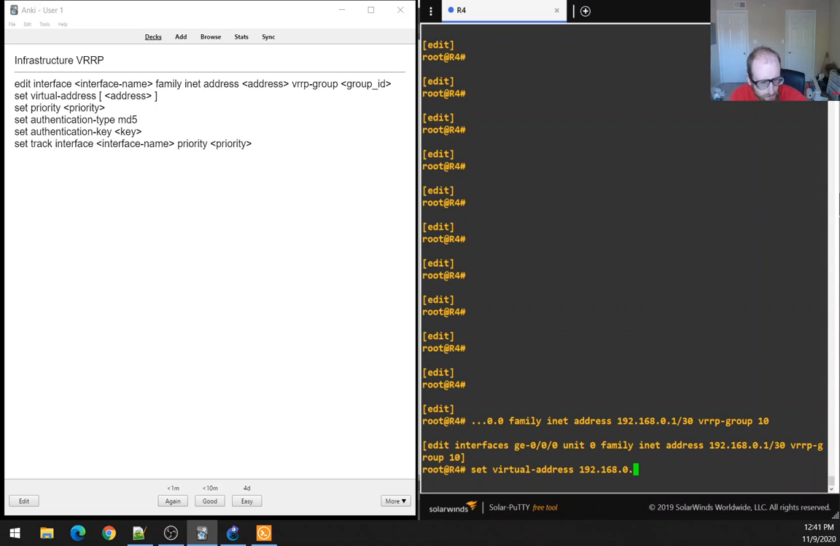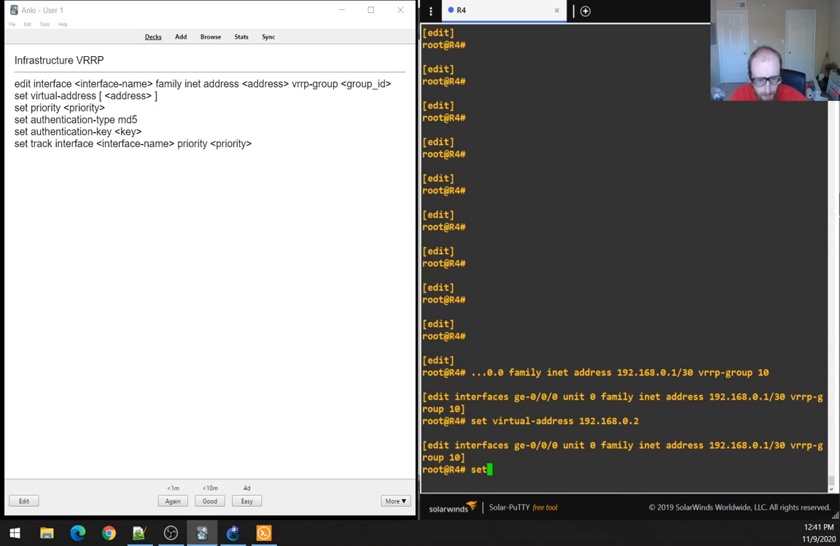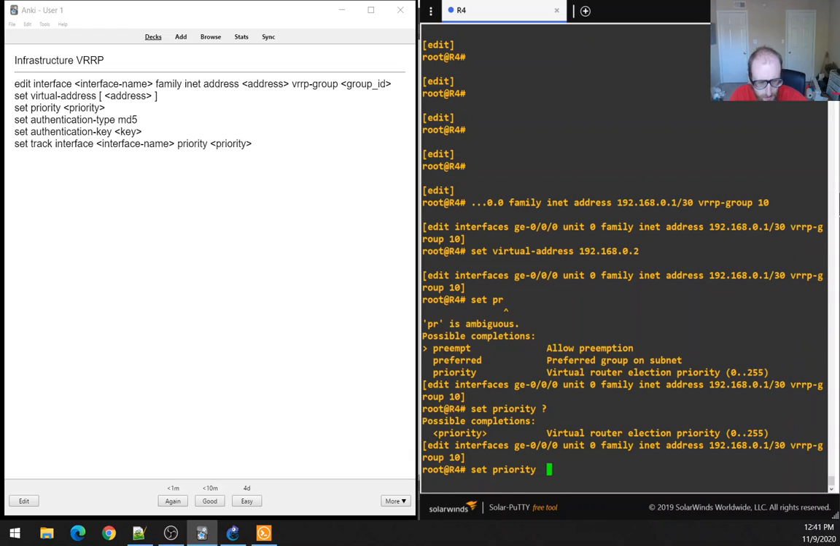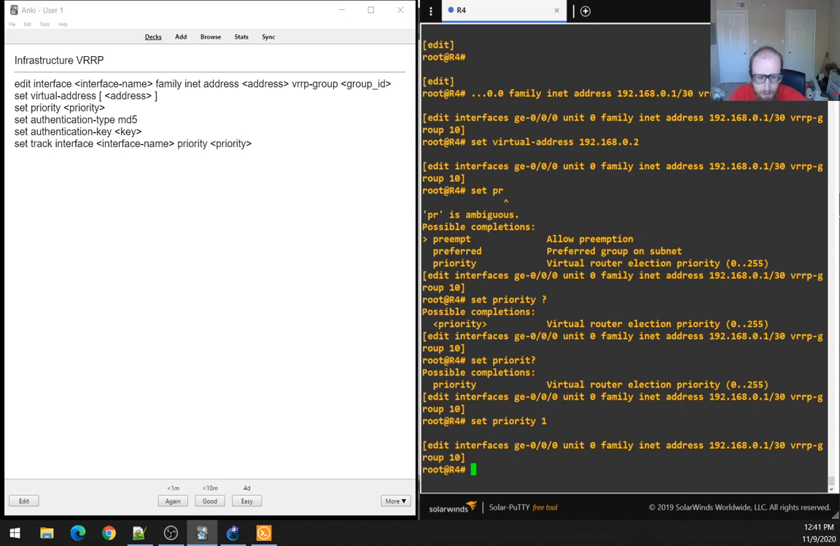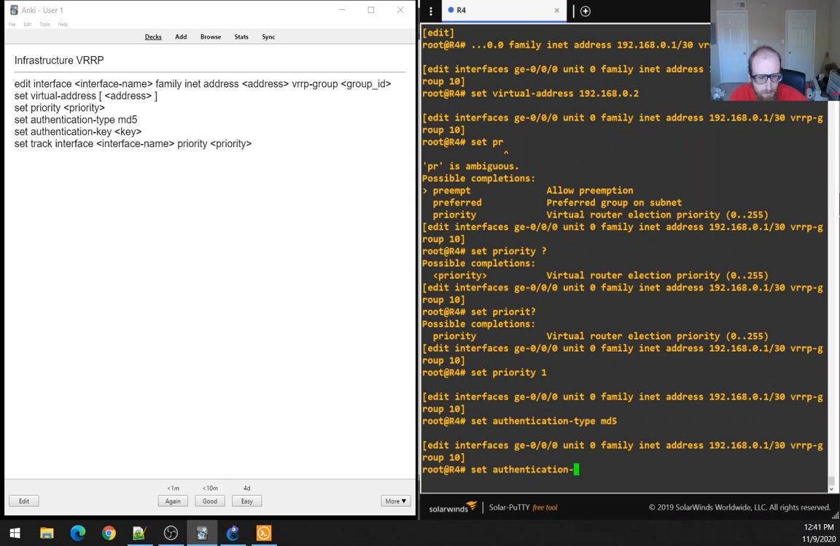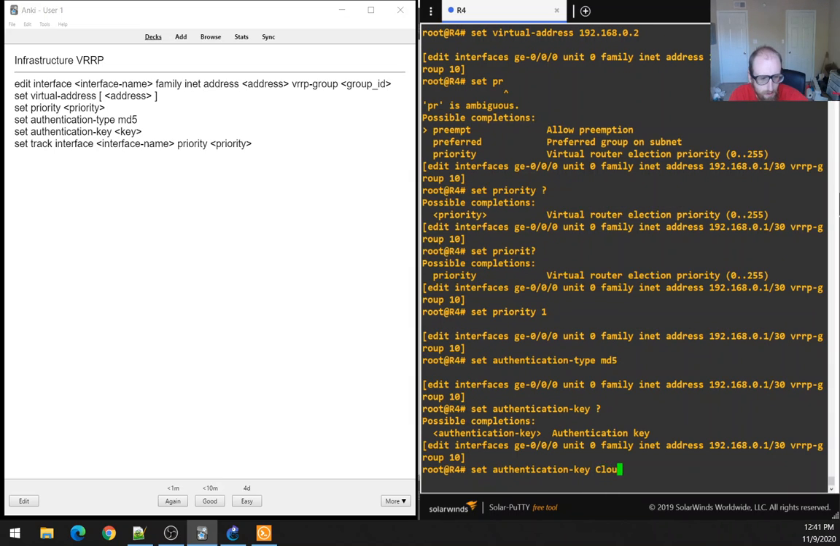So the virtual address is going to have to be in the same subnet. So a /30 really doesn't make a lot of sense for this. But I understand how it works. That's not going to be a big concern for me. I think the lower priority wins. And then the default's like 150, so we'll set this to 1. Authentication key, clouds,